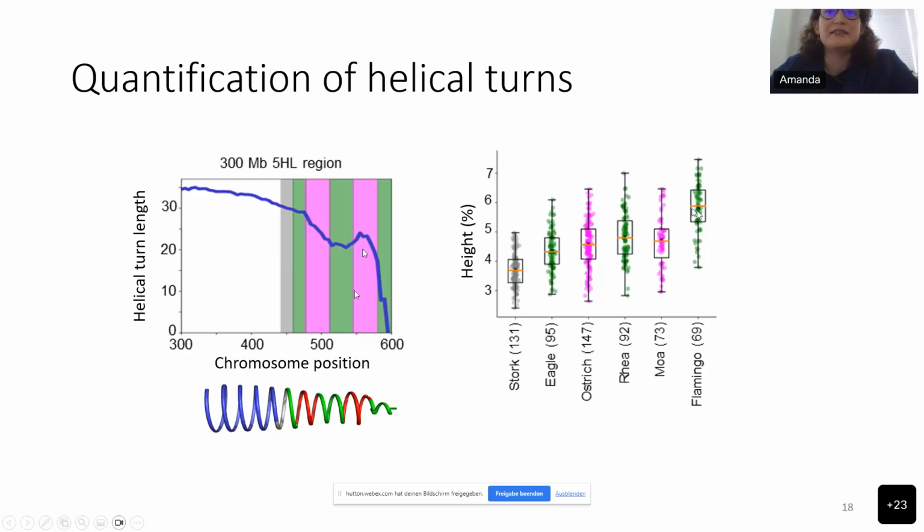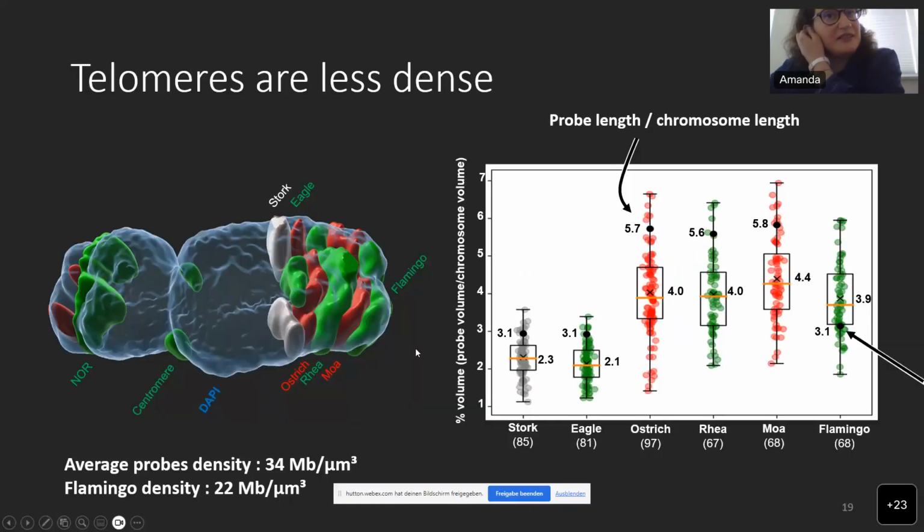And it's funny to see that right in this region, for the probe that we called MOA, there is this increase in the helical turn, and we see a decrease in the height, or at least not an increase, as would be the case of a linear decay. So this was measuring the height, and we decided to measure also the volume